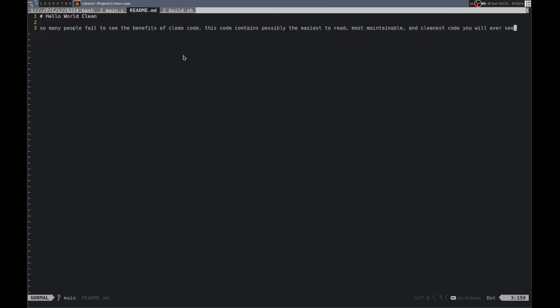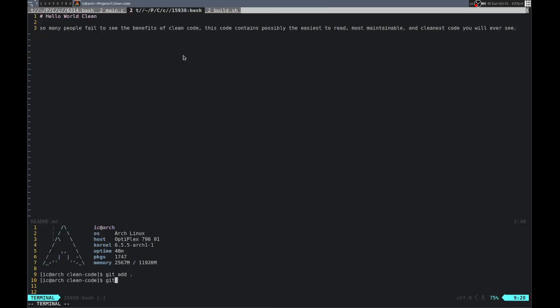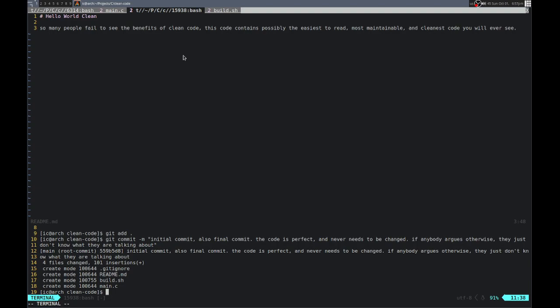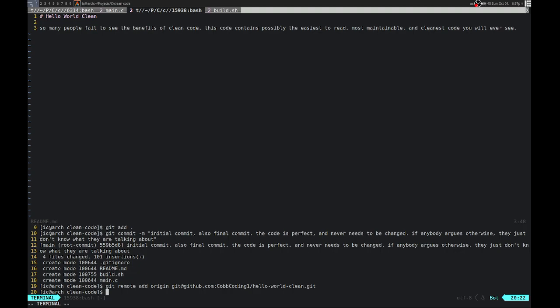Okay. So now we can do git add dot, git commit dash m initial commit, also final commit. The code is perfect and never needs to be changed. Anybody argues otherwise, they just don't know what they are talking about. Okay, so now I can actually go ahead and do this. Let's see. That one. And